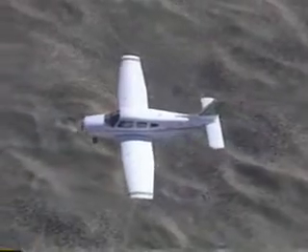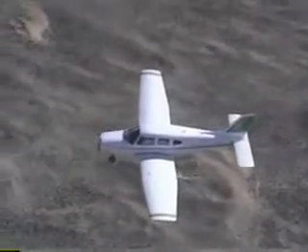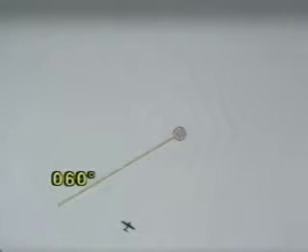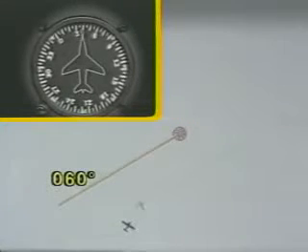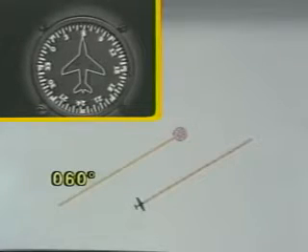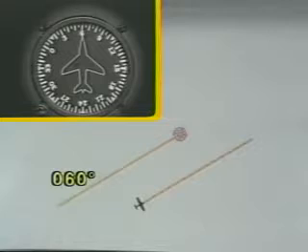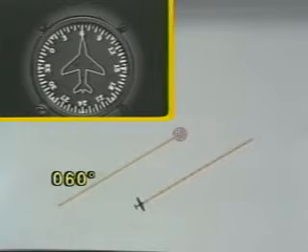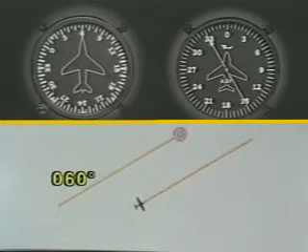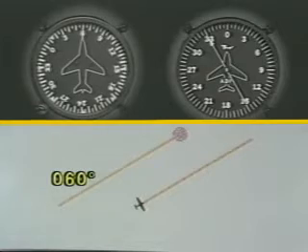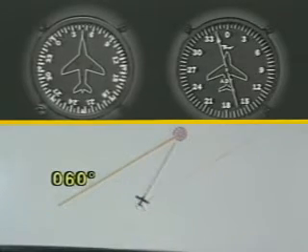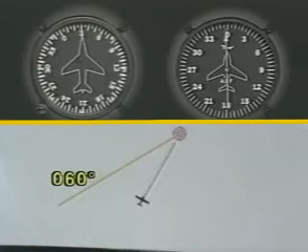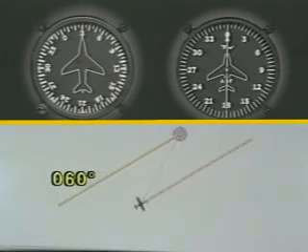Some of the techniques you learned in tracking can be used to intercept a particular magnetic bearing. To understand the intercept procedure, let's assume you want to intercept the 60-degree bearing to the station. Your first step is to turn your aircraft to a heading that parallels the course you intend to track. Then determine whether the station is left or right of your aircraft by noting the direction the ADF needle is deflected. In this example, the needle is deflected 30 degrees left. If you turn left only 30 degrees, you will fly to the station, but you will not intercept the 60-degree bearing. A good rule of thumb is to double the number